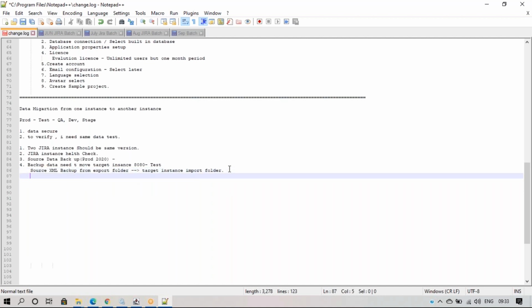As we discussed, this backup only contains project issues, configurations, and user management. Apart from this, we have the data folder from the source home directory to the target instance home directory.